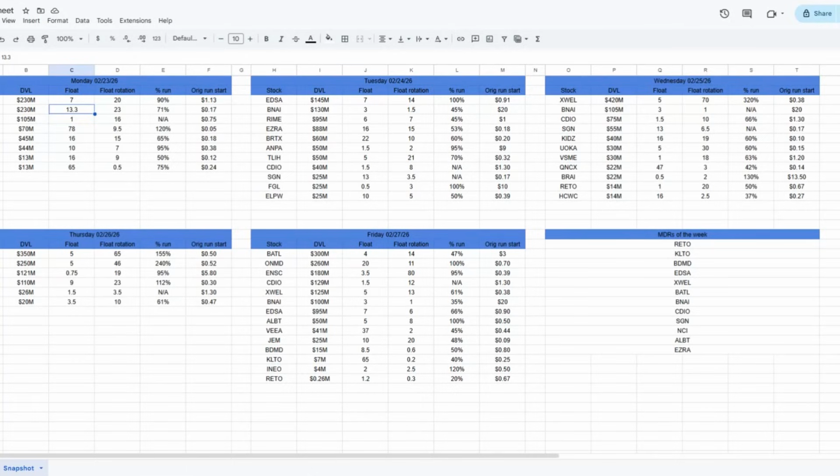So that means you could, for all you big traders out there, put a lot of size on that, but it might not run very far or go crazy, because it needs to flip the float a lot to go crazy usually. And there's only so much dollar volume that can go into a stock, right? So a high dollar volume and a low float rotation is something that's good for shorts, not so great for